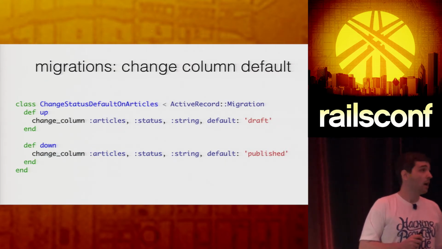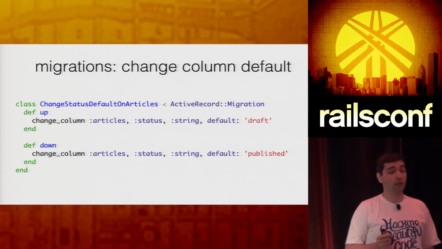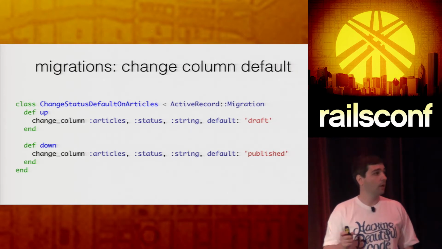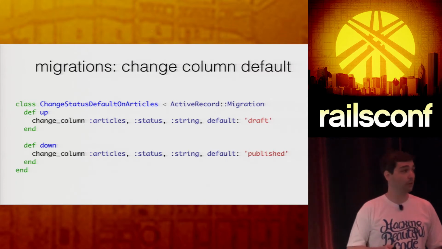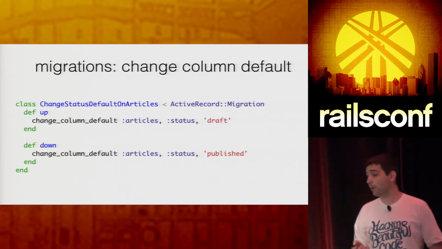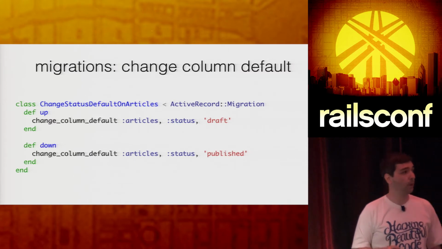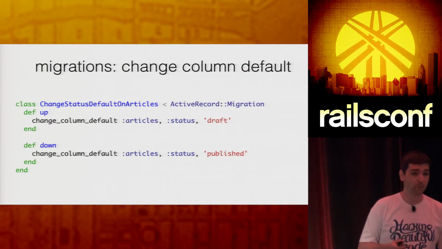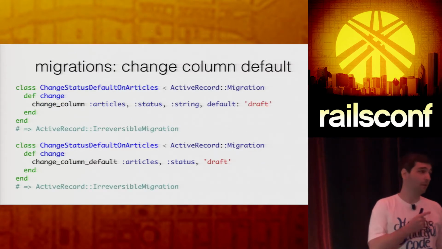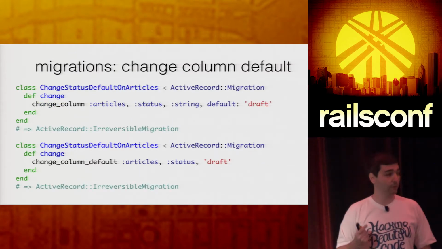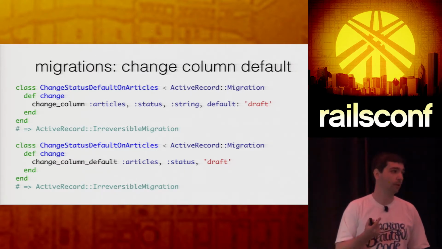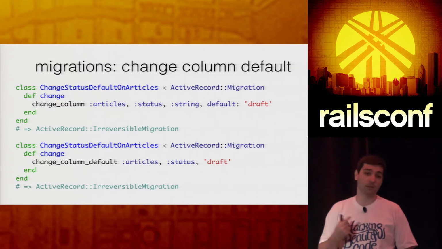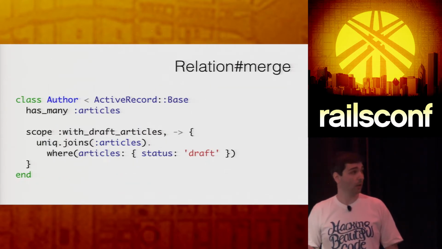Right. We also have a way to change the column default value. It's also common to see change_column and default values being used at the end as a hash. We also have this change_column_default helper, which allows us to do that, right? It's more intention revealing. And well, this one doesn't work with the reversible logic. We have to write it up and down because there is no way to know which was the previous default, as the new, but we can use it.